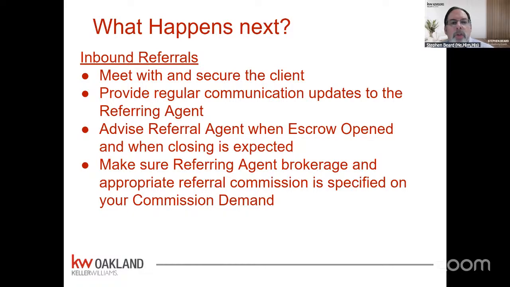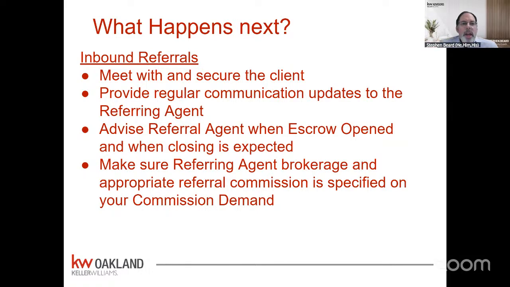When you do your commission demand, when you get into contract and you file the paperwork with the office, you have to put the referral on there. You have to put the outbound referral on your paperwork. Mahi has some experience doing these demand things, so she knows what I'm talking about. When you get a buyer under contract, you're only going to get paid if you fill out a piece of paper saying, here's how much I should get paid, that gets vetted by me while you're in PC and gets looked at by your mentor and by the office compliance people. So we all make sure it looks right.